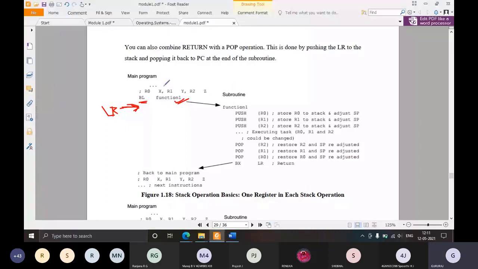So that is why before executing a function call, or before executing an interrupt service routine, the present context should be saved, because that is how you can come back once the subroutine is over. Once you come back, you should get all the previous intermediate results, because you have to continue from there.